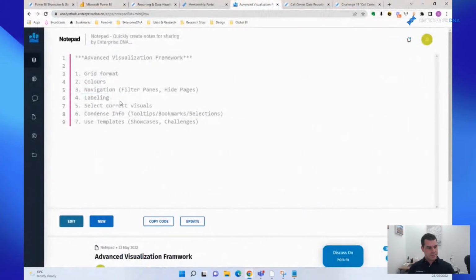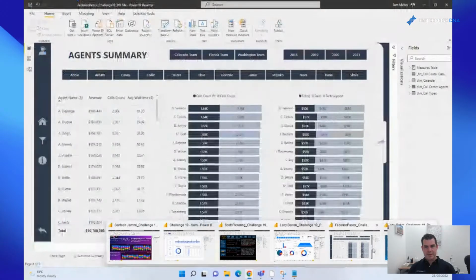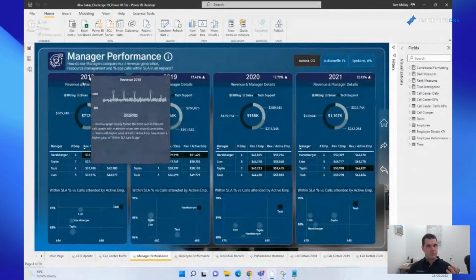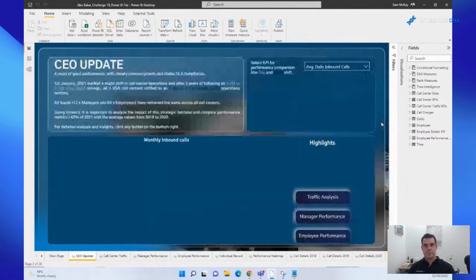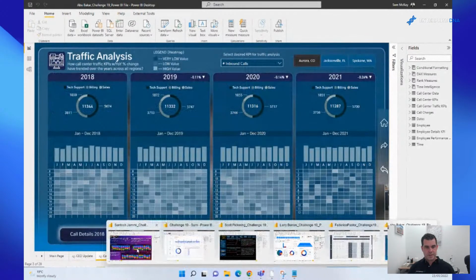Okay, labeling. So this is pretty self-explanatory, but again is forgotten quite often. Just making sure that you are very clearly labeling what someone is looking at. Okay, so this is a perfect example of great labeling. There is a very good title on the page. There's also some details about what you're looking at in the page. Every visualization has a very good, easy way to see exactly what you're looking at. It's got a date, title, and so on and so forth. So some of you might think, okay, that's really simple, really self-explanatory. But to be honest, it's forgotten quite often. Okay, so let's have a look at some other examples.